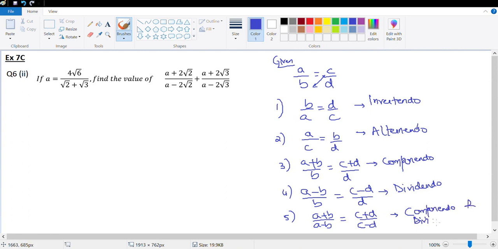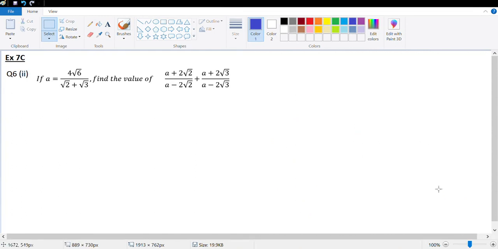So this exercise is basically about these five properties. Let's go ahead and solve some more questions using these properties. So the first question that we solve is question number 6, part 2. This is, you can again put a small star on this question, exactly the same as the first part of this question. I notice I need 2 root 2 to be added and 2 root 2 to be subtracted,